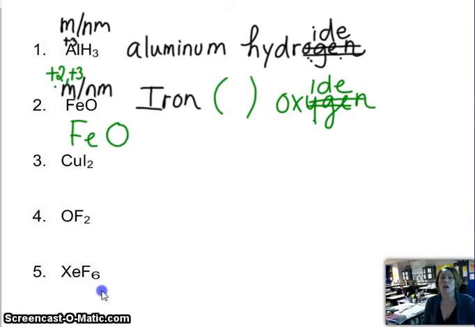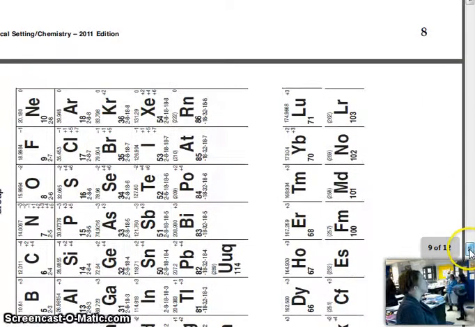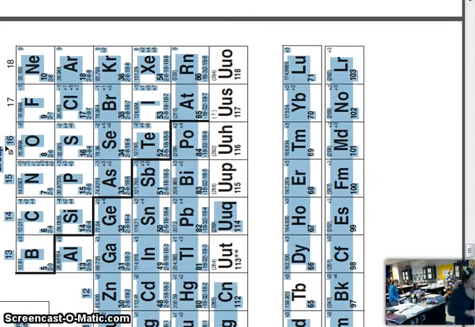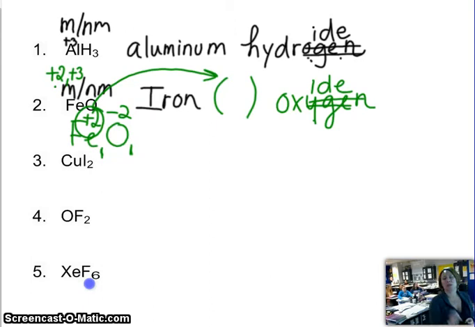To figure it out, look up the charge on your nonmetal. So if we go here and look up oxygen's charge, it's -2. So oxygen's -2, and there's 1 oxygen. There's 1 iron. All compounds are neutral, so in order to make the total charges equal 0, iron will have to be +2. So we put this charge inside those parentheses in Roman numerals. Iron, Roman numeral 2,